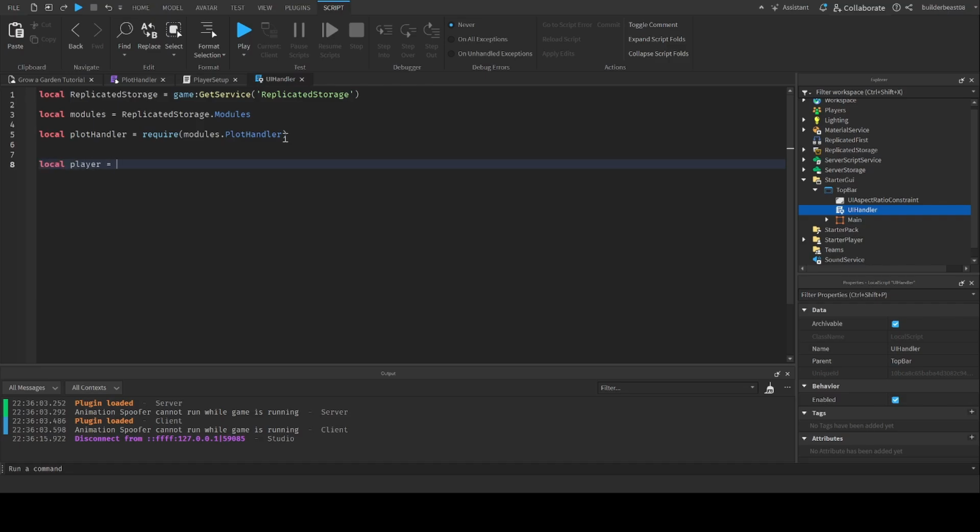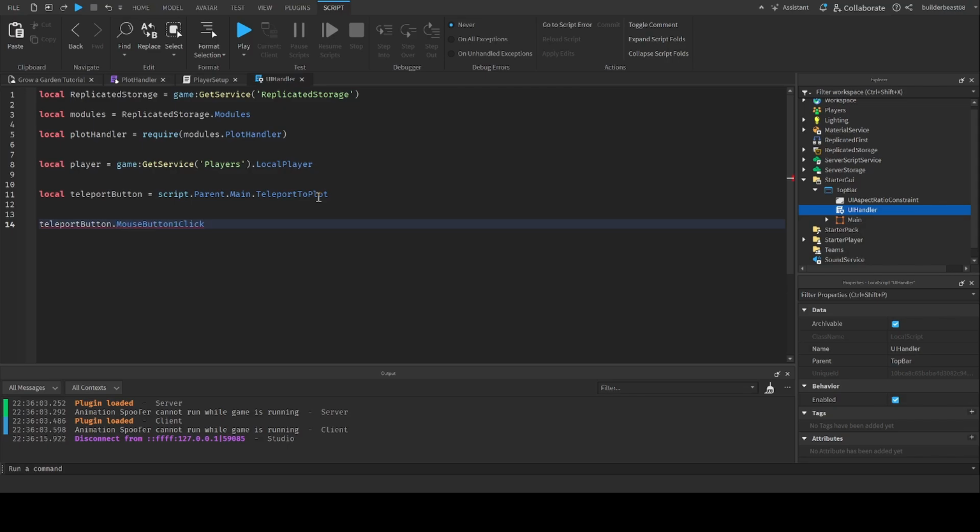Local player equals players.LocalPlayer. Local teleportButton equals script.Parent.Main.TeleportToPlotButton.MouseButton1Click, so whenever somebody clicks